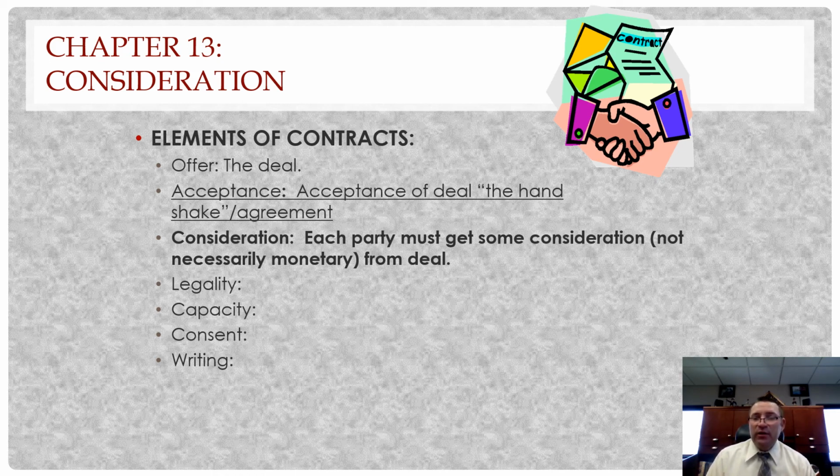We have legality, which we've talked about, where it has to be legal. It can't be a drug deal, as far as having a form of contract regarding drug deals, because the court's not going to enforce that contract. You have to have the right mind, the capacity to enter into a contract. You can't be a minor. You can't be in some situation where your brain is deteriorating or whatever it might be. Consent means no fraud, duress, or anything like that. You have to willingly agree to enter into that contract. And then in some instances, a writing is required.